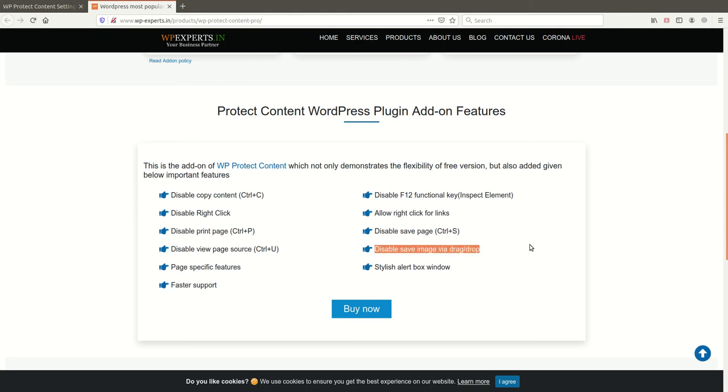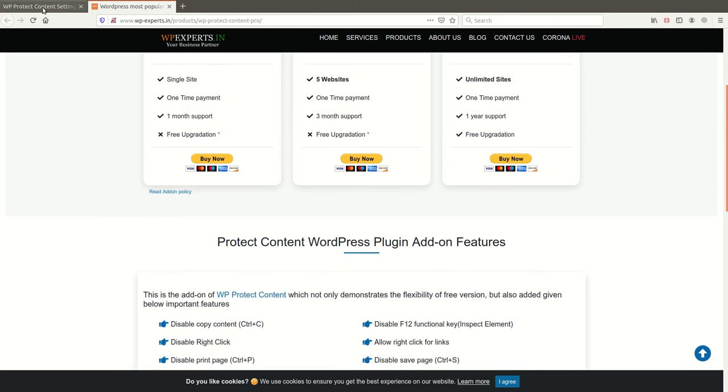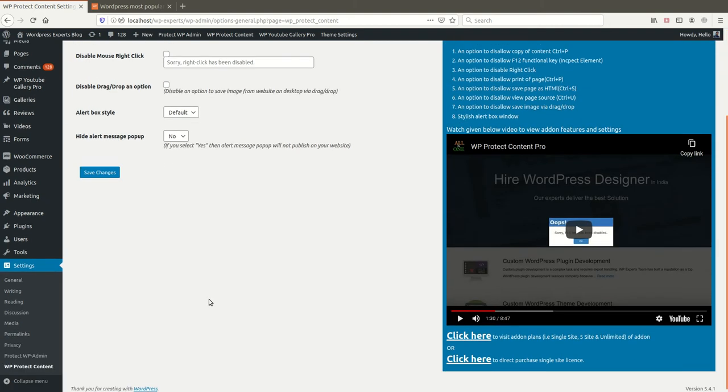These are page specific features, so you can manage all of these settings per page. For example, if you want to enable right click for one specific page only, we have given the page specific feature in this add-on, so you can use it on your website. So let's come back to the website.